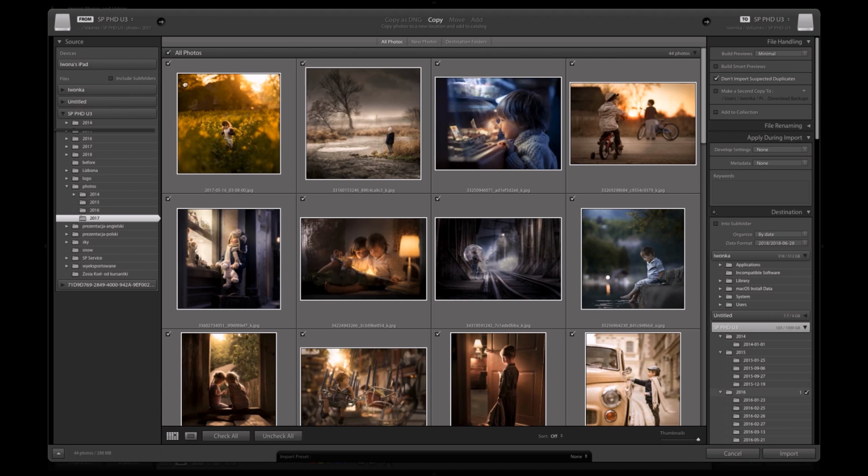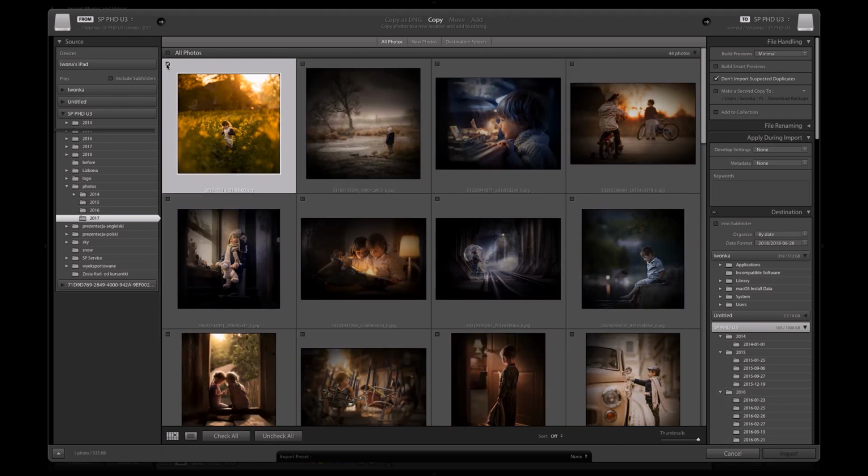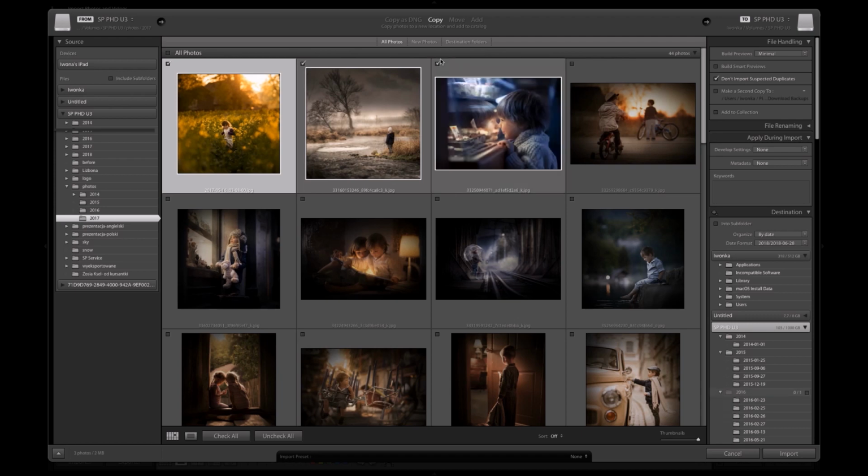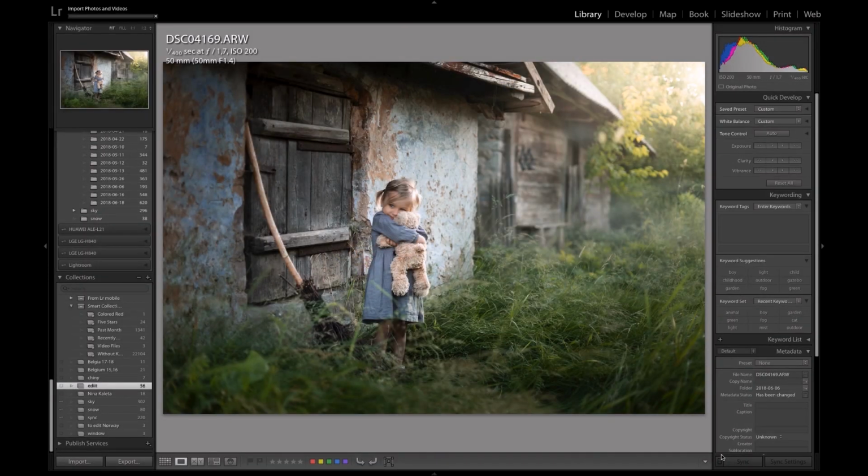So just choose the source, then click the photos you want to import here. You can uncheck all, choose only the ones you want to import, choose an option you want: copy, move or add, and then choose the destination folder. When you're done, just click import. I'm just going to click cancel because those are my JPEG files. I don't need them in Lightroom. And we are back